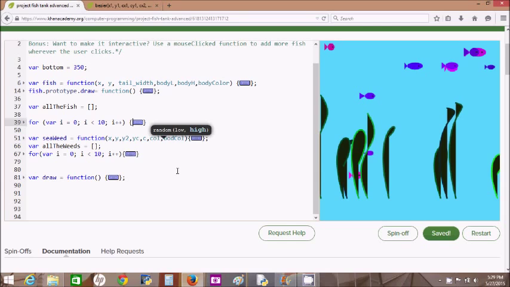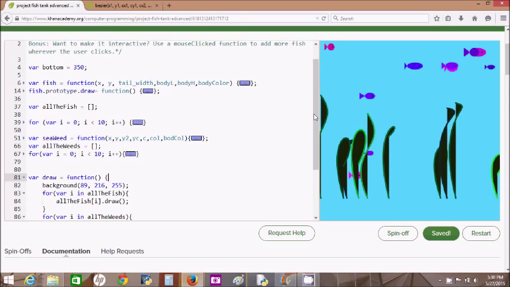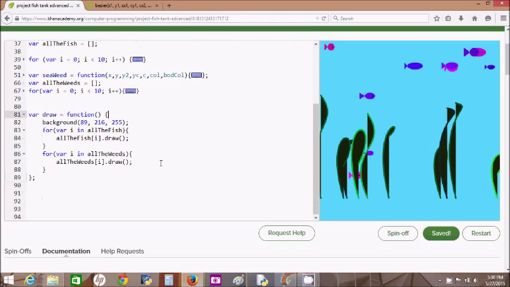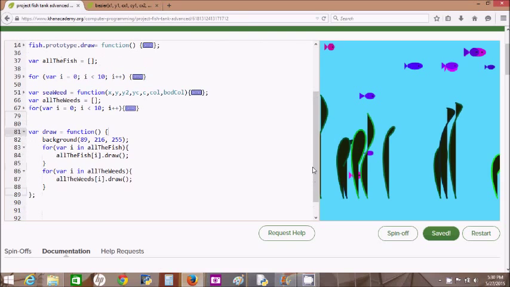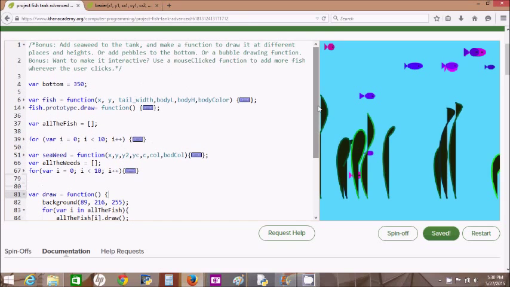So, to set up my pebbles, I could go in here and just say random ellipse somewhere in this range, but just like with the weeds and the fish, you want to have a static set of pebbles. Now, I'm not going to go and do pebble prototypes, which you could do. Instead, what I'm going to do is use an entirely different method, and I'm going to set up